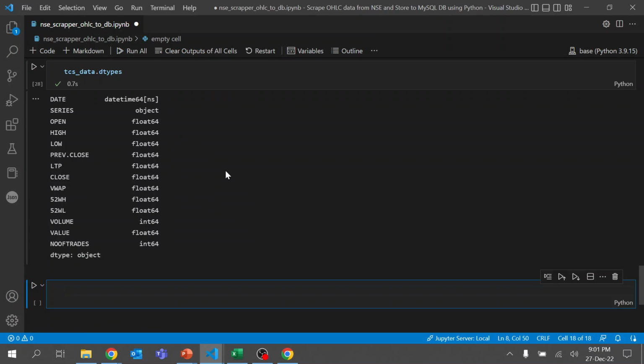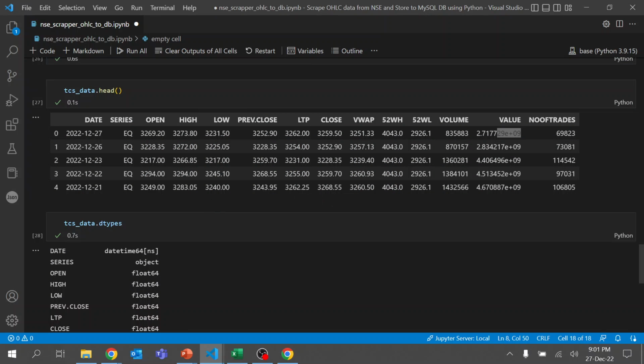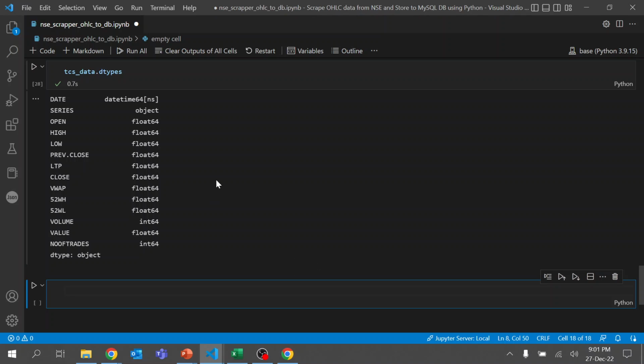All right, datetime object, float, int, float, int, great. It is in a great format now. All right, everything is in perfect shape. Now let's get to the